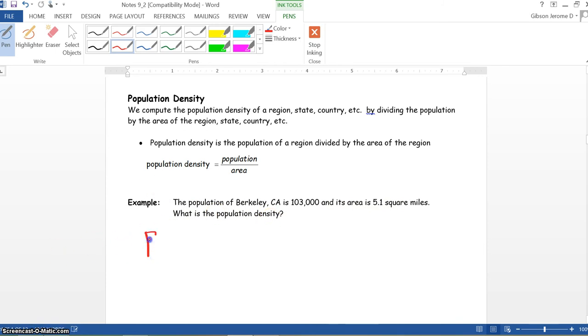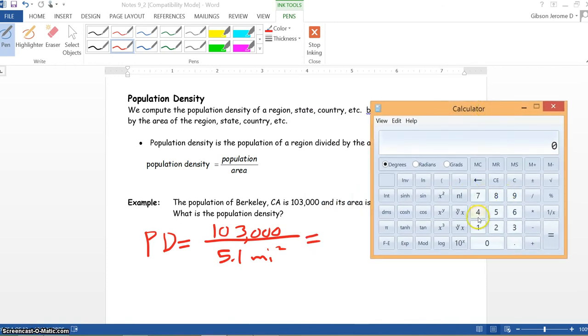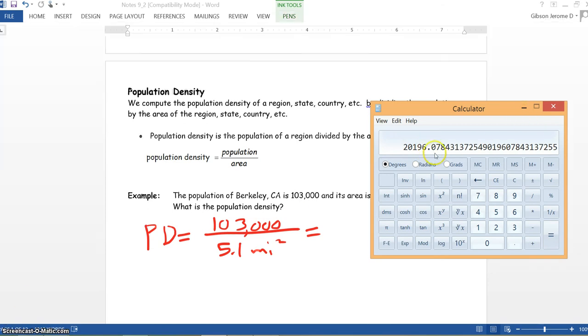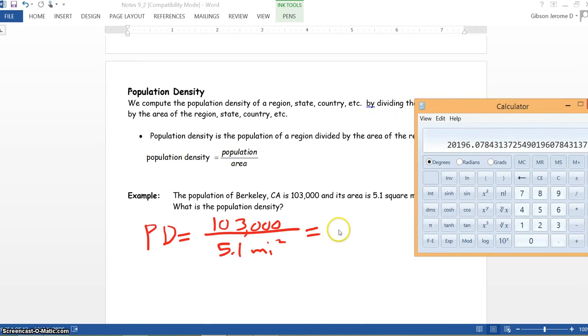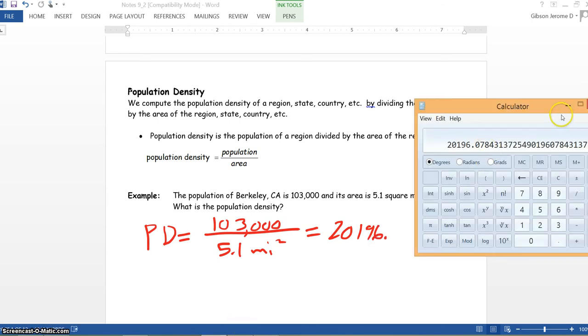Now I'm going to abbreviate this by putting PD for population density. PD is equal to the population, 103,000, and then the area is 5.1 square miles. So now we put this in our calculator. So we would take 103,000 divided by 5.1. And that will give us this approximation here. So we can round this to the nearest tenth. And so what we will have here is 20,196.1